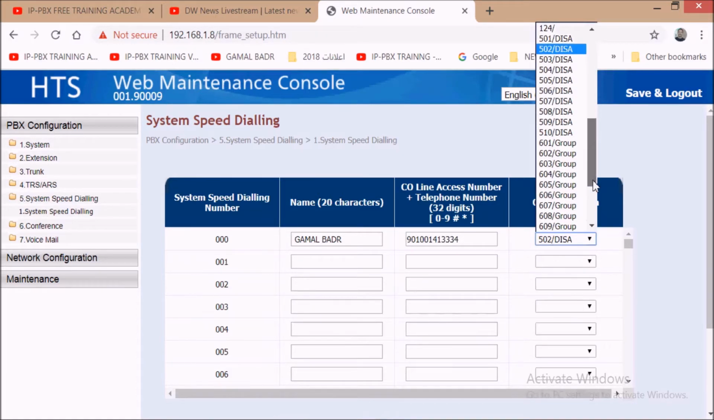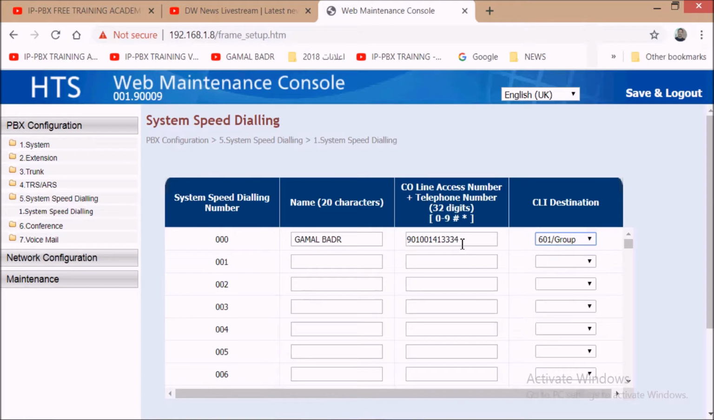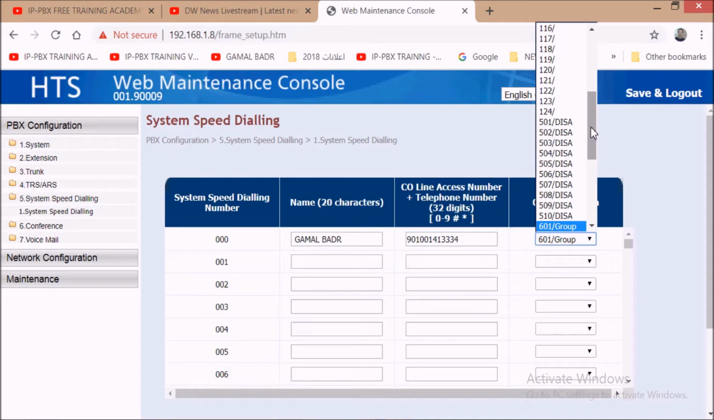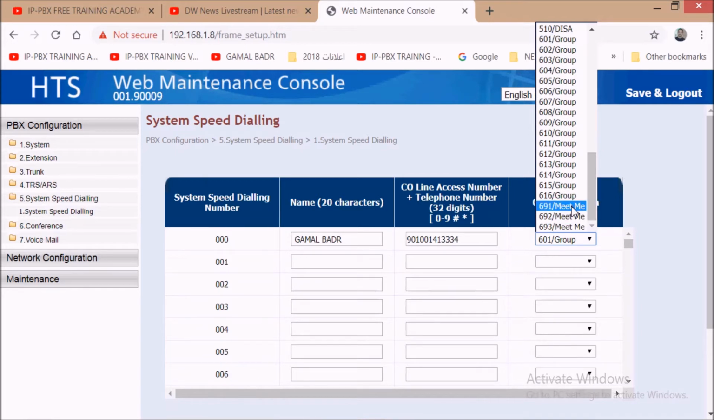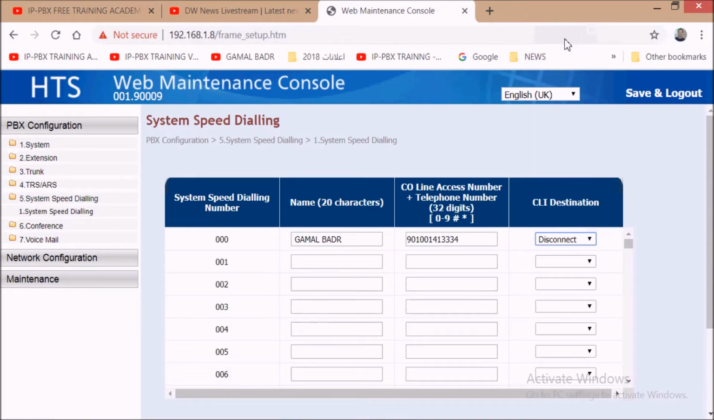Also, I can select to receive calls from this number to an incoming extension group, exactly an extension group. Or I can select to answer through a conference room. But the most important one, or our aim today, is to clarify this new feature, which is blocking calls,